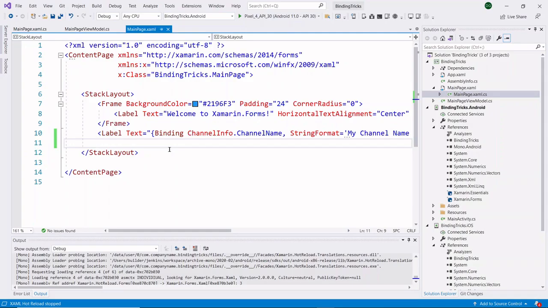There, our collection of bindable objects is first name, middle name, and last name, and our target property is user full name. So in this scenario, multi-binding is very helpful. Let's see practically how to implement multi-binding in a Xamarin Forms application. Here I will show you multi-binding for the label. For example, here I want to show my channel name with the technology by using a single label itself. With the help of multi-binding, we can achieve it. If we want to implement multi-binding, we have to follow this format.